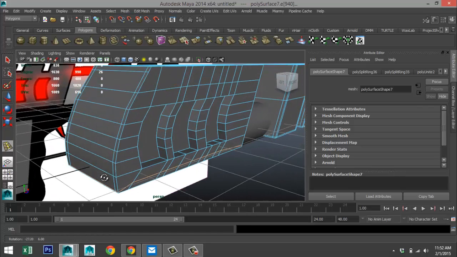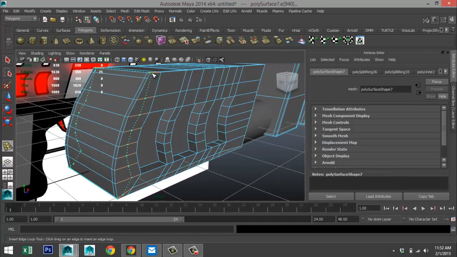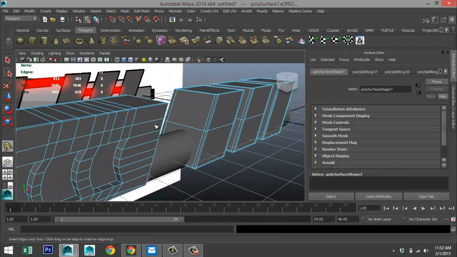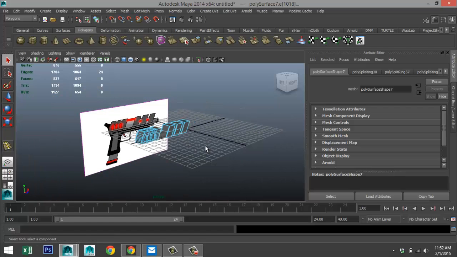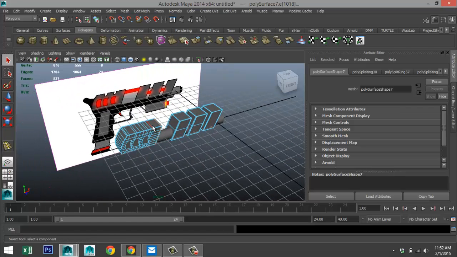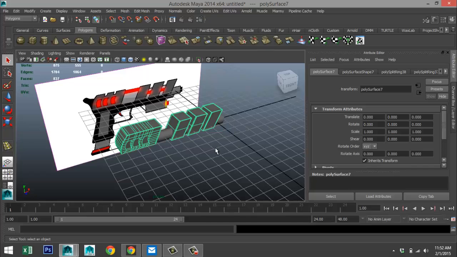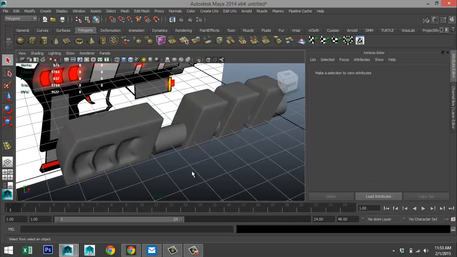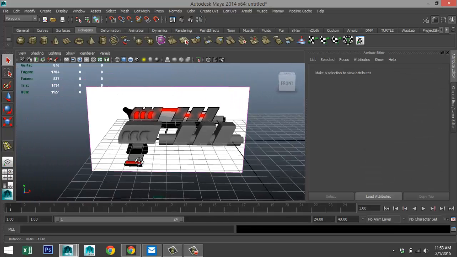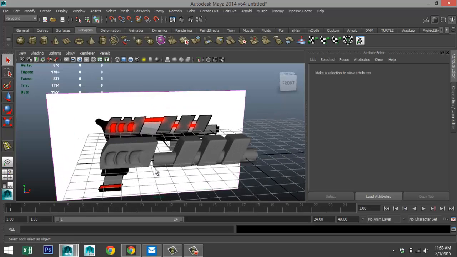One down there. Hit Q on your keyboard. Okay, so that should help. Object mode. Okay, that's better. All right, so we got that.